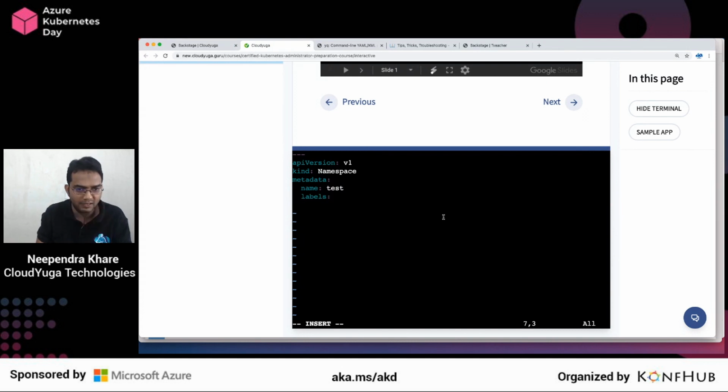Here, instead of 2, I want to make 4: 1, 2, 3, 4, and I say env is equal to dev. Now here I make 2, 1, 2, and I put one more entry here, let's say tier is equal to frontend, whatever.